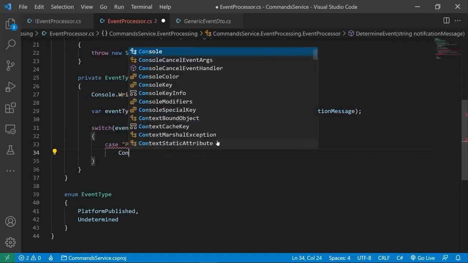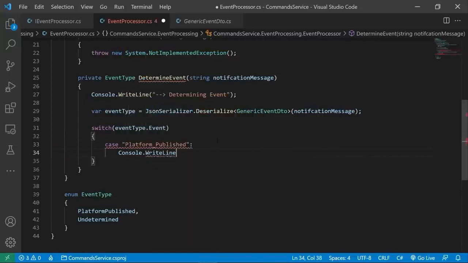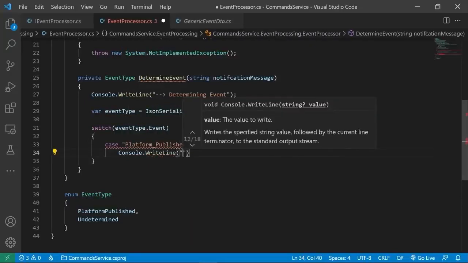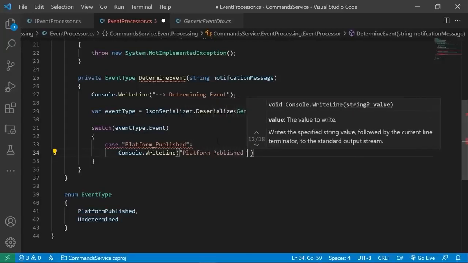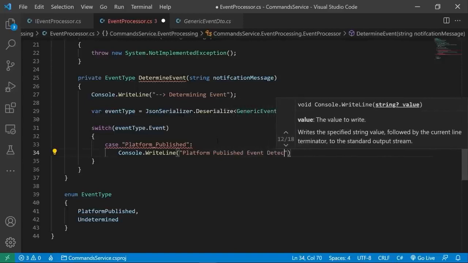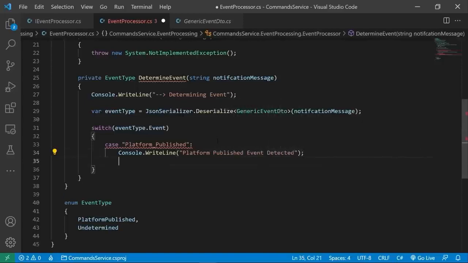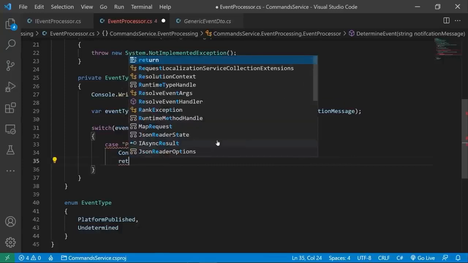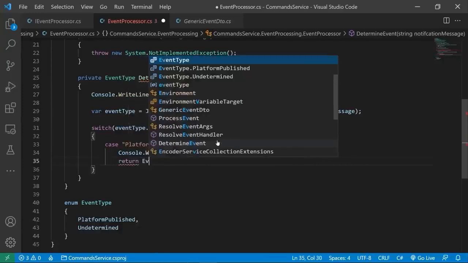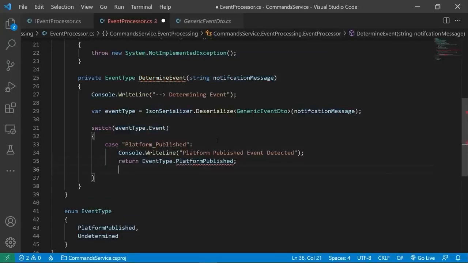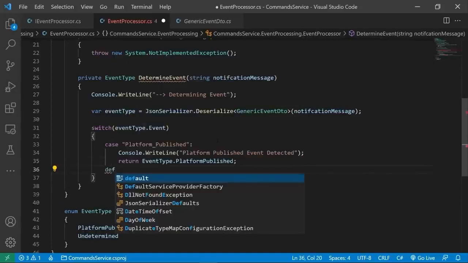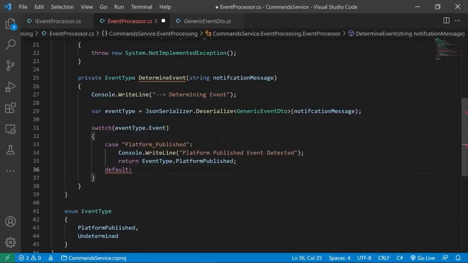And I'm going to do a console write line, and we'll say platform published event detected, and we will simply return back event type of platform published. Fantastic. And that's the only sort of switching we're going to do, so we will just round off with a